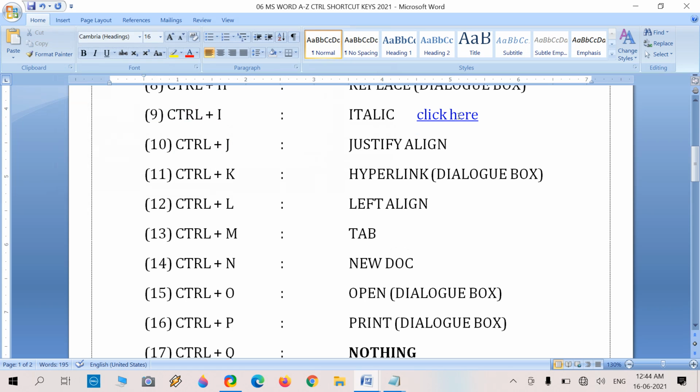There is the link, and press the Control key. You have to get this arrow as a finger pointer.